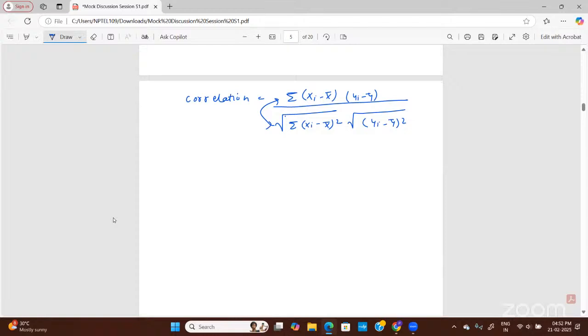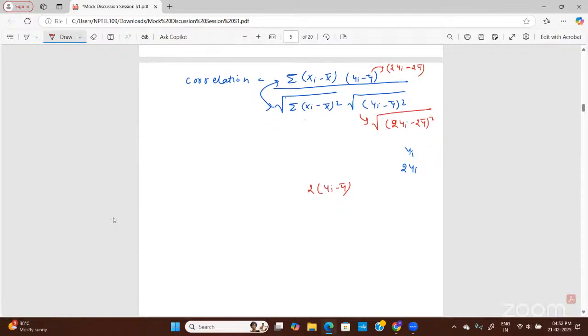So in the yi values, initially we have yi. After it, we are doing 2yi, right? Doubled, so we scaled it up. So this part will be 2 times yi minus, and y bar will also be doubled, right? Yes. So this will be the change in this term. Similarly here also, it will be under root of (2yi minus 2 y bar) squared. Now you can see we can take 2 as common. In the numerator it will be 2 times (yi minus y bar).